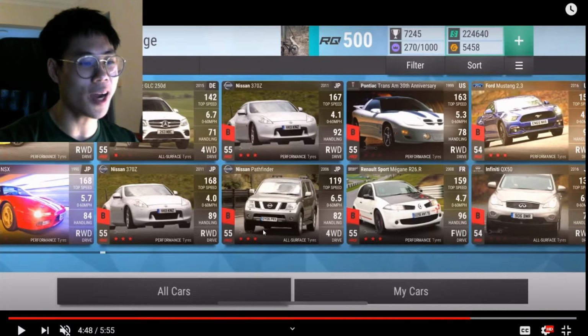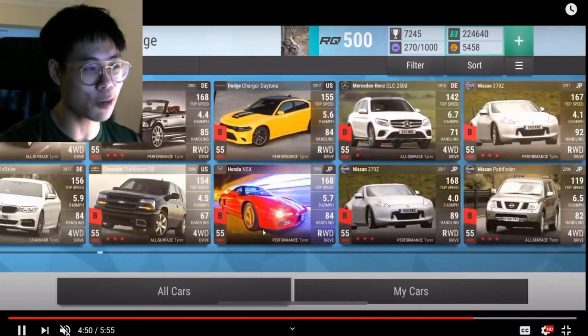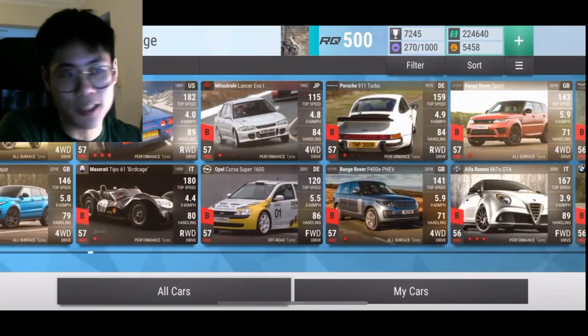Like, I know they're pretty high, or 76. I'm not too sure. But those Pathfinders, I know they do handle pretty well, so it would be pretty interesting to know if that was 996. But yes, going back to what I was talking about, I wanted to make a list of just ultra rares